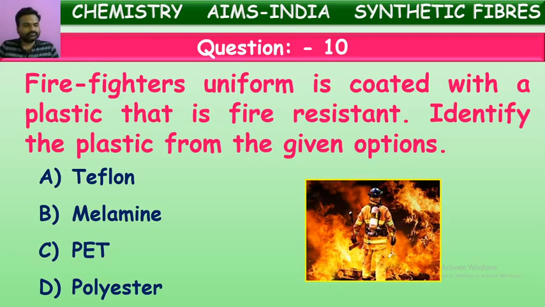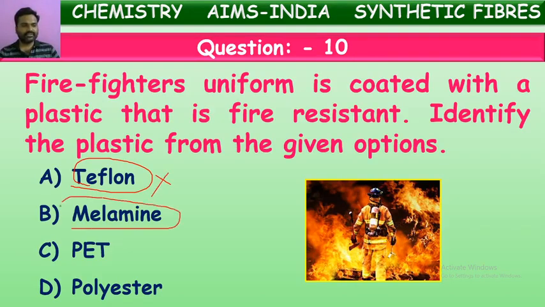Let us see one by one. Teflon. I've heard of this plastic. Teflon is one of the plastics used for coating cooking utensils, such as pans and bowls used for frying. There is a black layer inside the pan. The black layer is made up of this Teflon plastic, which prevents food items from sticking to the pans. This is called non-stick coating. It is called Teflon plastic, but it is not used in making firefighting uniforms.